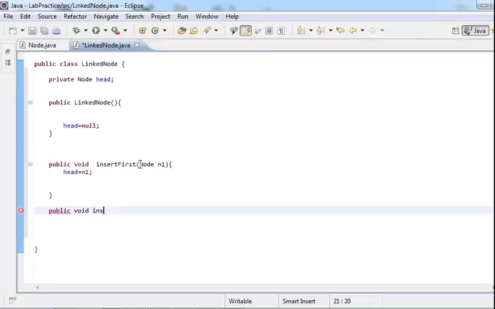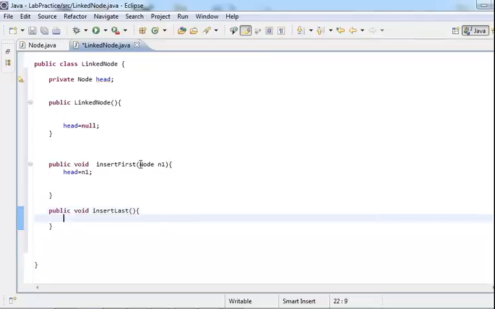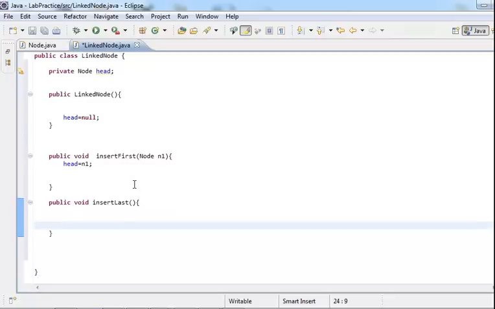Now we can have another method like public void insert last, that is at the last position. So what's that going to do? Now I'm going to introduce here, in the next video, how we can normally make use of two variables to